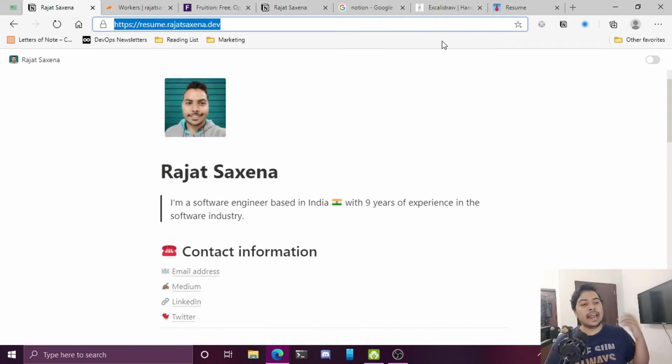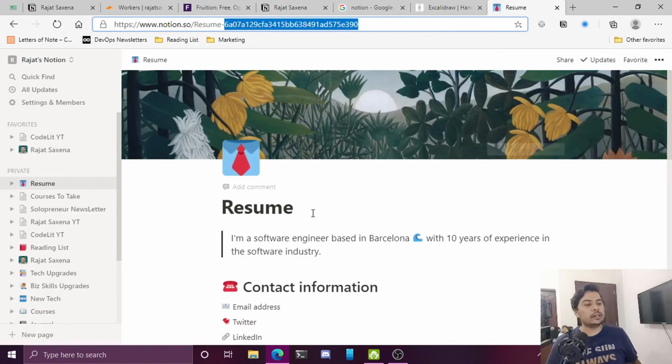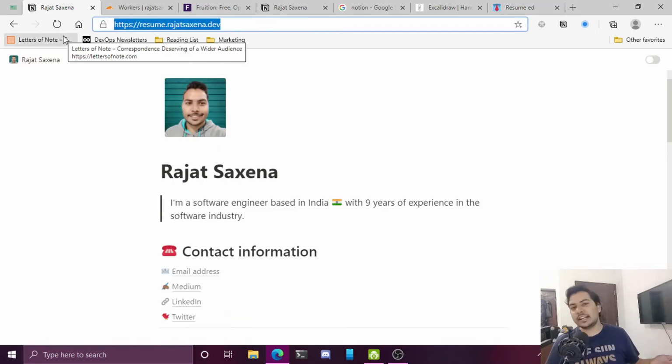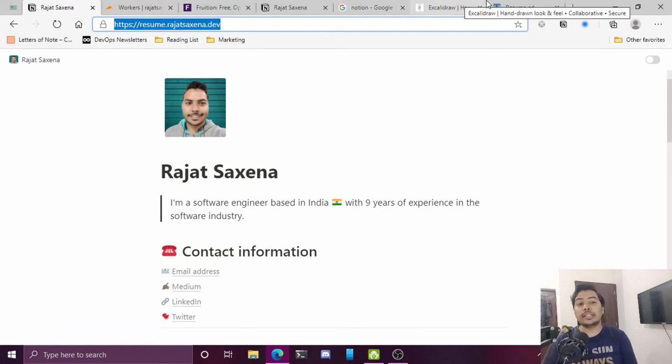Then it is as simple as just going back to your Notion doc and editing anything. Once you do that, as soon as you hit refresh over here, your changes will be visible. This can come really handy when you want to create a web page where you want to put updates on it and update it frequently, but still you do not want to go through all the hoops of writing the actual HTML, then committing the code to your code repository, then kicking off the CI/CD or deploying the code to your hosting service, right? So you don't actually need a development machine in order to update anything.